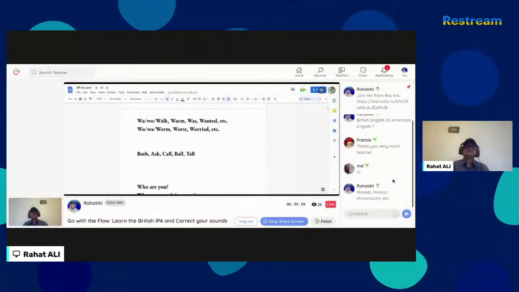And bath, bath, ask, ask. So it is important for you to understand how words could be different in both of the English pronunciations. But bear in mind that at the end of the day, it's a matter of practice. The more you practice, you'll be more expert and confident. And it will help you develop your sense of speaking, sense of pronouncing the words correctly, and you'd be a good speaker, no doubt at all.